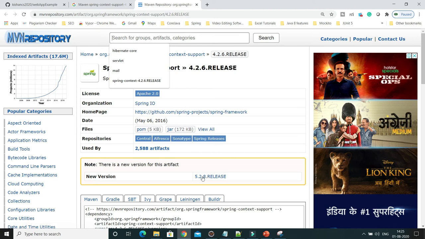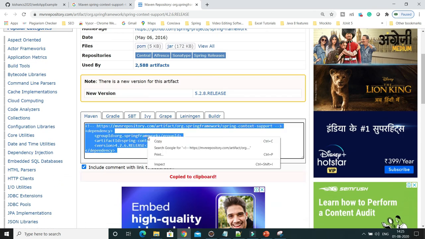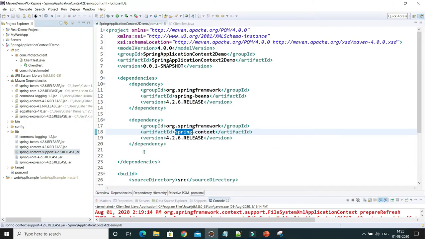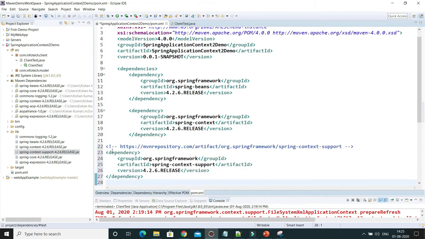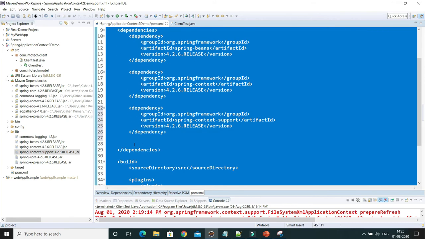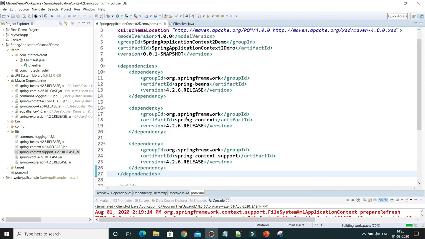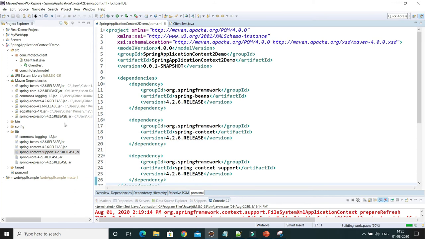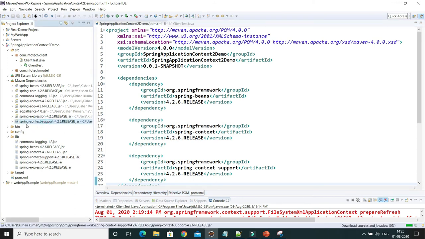Of course you can search here, but usually I start from Google, I have more faith in Google. Now Ctrl+A, Ctrl+Shift+F for formatting, and almost all the dependencies are added. Press Ctrl+S, and here you can see Spring context support is added as well.